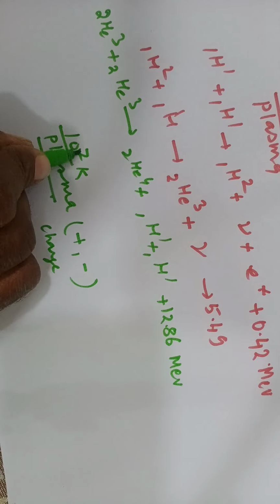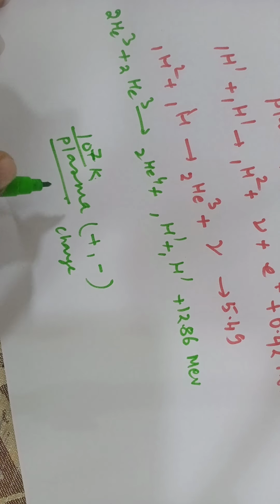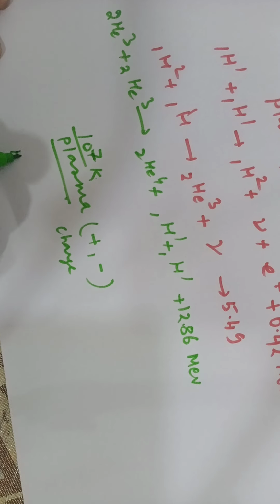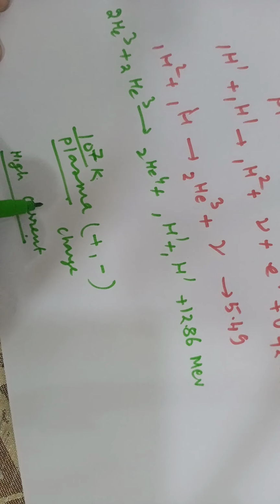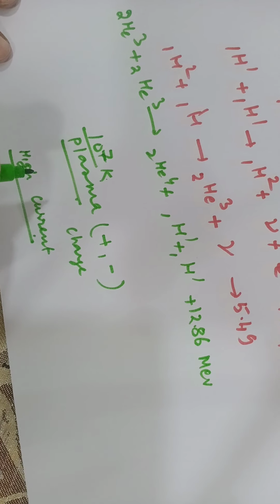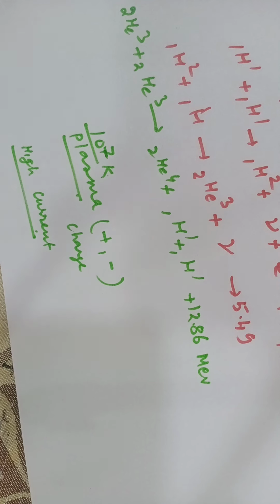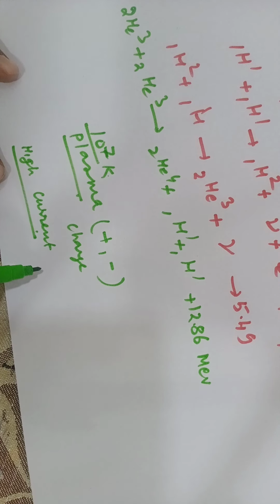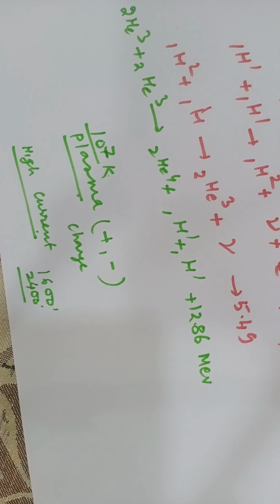First of all, where will you get such a temperature from? The reaction can happen only at a temperature of 10 to the power 7 Kelvin. That temperature we can bring by passing high current, and then at this high temperature, 10 to the power 7, the material will be almost in a molten state. Iron has a melting point of 1600 to 2400 degrees Celsius, and in the world we have only iron. So where to confine, that is the plasma confinement problem.